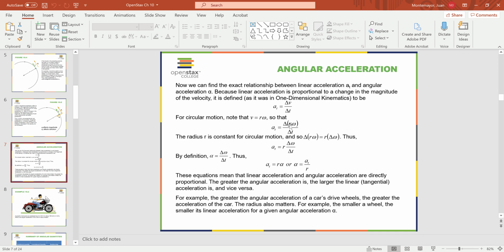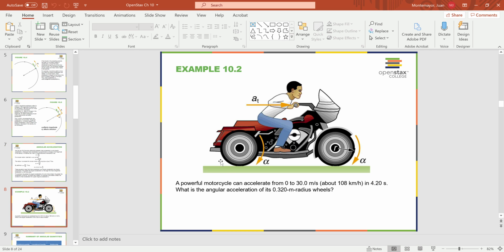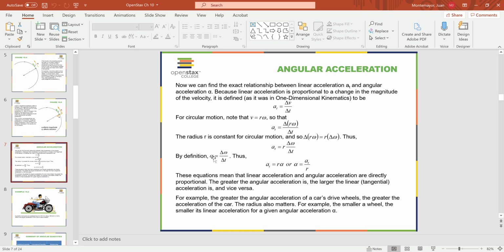All we're doing from this step to this step is taking away the radius because we know that the radius is fixed. Our radius is constant. That's not going to change. So we're simply putting the change, the delta, together with the omega. So by definition, we know that our alpha is equal to our change in omega over change in time, which is exactly what we have here. So we have our tangential acceleration is equal to r alpha, or our alpha is equal to our tangential acceleration